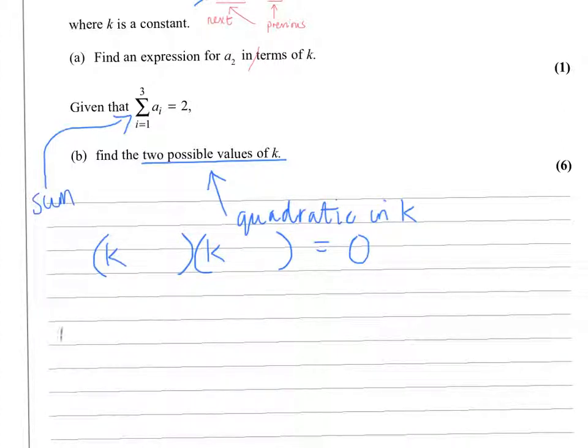And it's not bad because i just goes from 1 up to 3, and we're told that the sum of all the terms. So what that's saying is A1 plus A2 plus A3 is equal to 2, which also means that